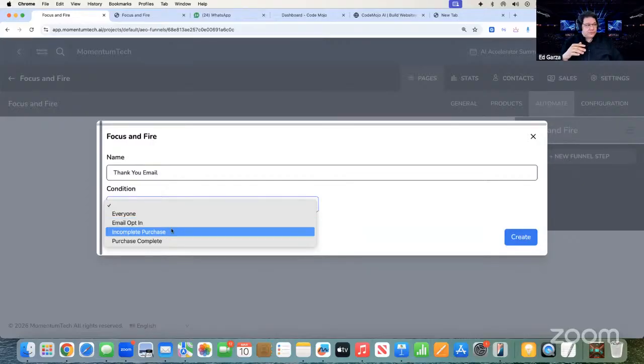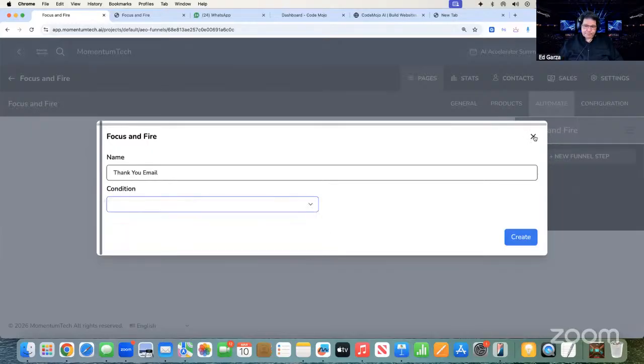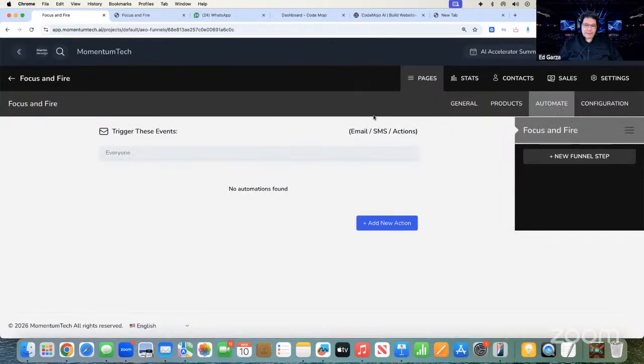Now, obviously, you could do, let's say you have a two-step order process where somebody, maybe you have Stripe integrated into your platform, which doesn't cost you anything. You have to have a Stripe account. Maybe they're buying your book. So a two-step order process. Let me slow down and show you that.